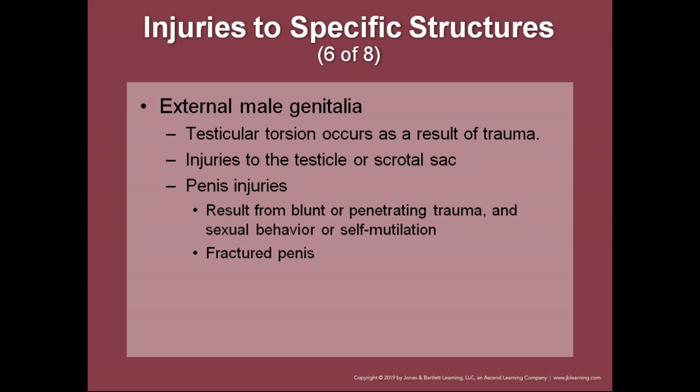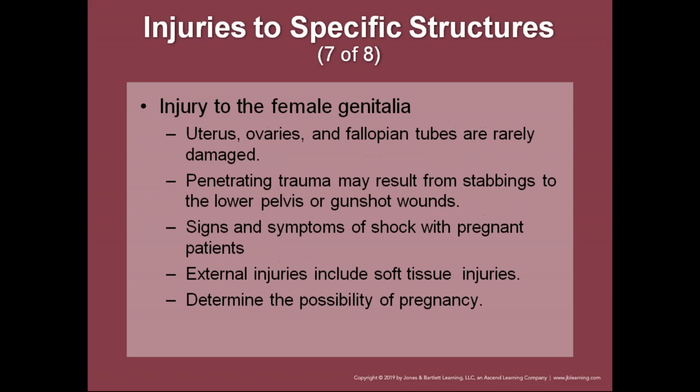Fractured penis may occur when an erect penis is accidentally impacted against the partner's pubic symphysis or bent too far via self-manipulation. Penetrating trauma is most often resulting from gunshot wounds. So injuries with the testicles and scrotum can lead to a loss of fertility, and that's the major concern of that. Female genitalia. Uterus, ovaries, and fallopian tubes are rarely damaged because they are